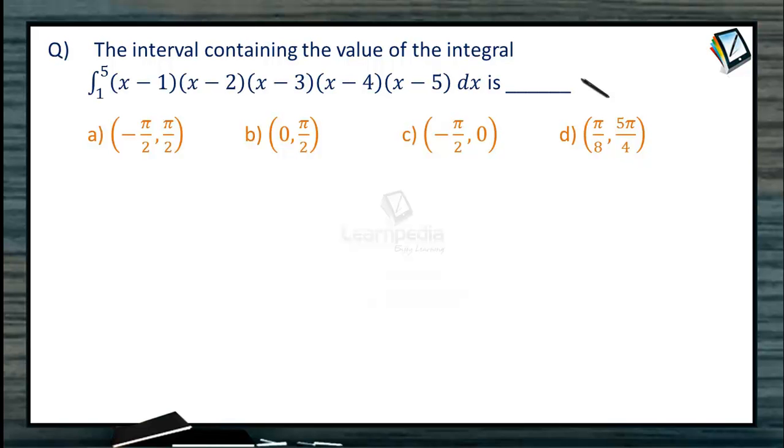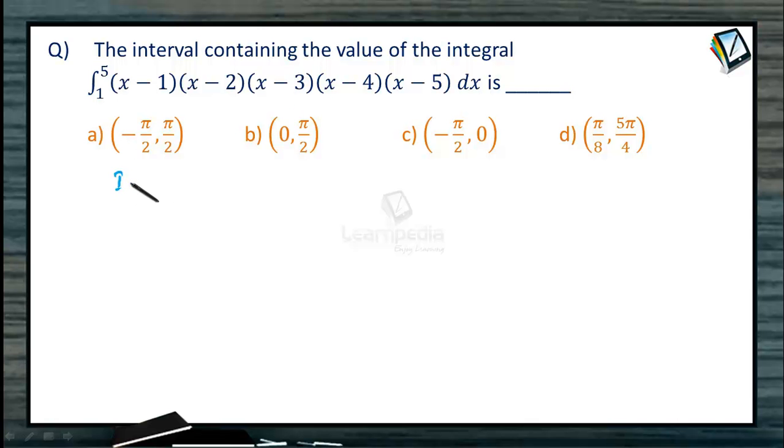Now the interval containing the values of the integral from 1 to 5 of the product of the continuous factors (x minus 1) into (x minus 2) into (x minus 3) into (x minus 4) into (x minus 5) dx, right? So we need to find this definite integral value, and see which of these intervals contains the required